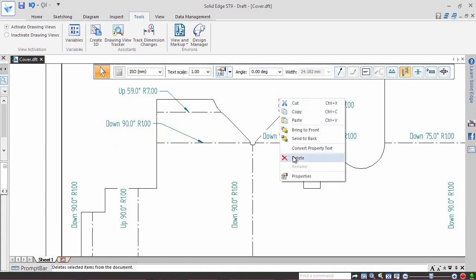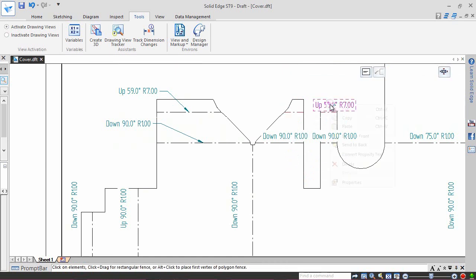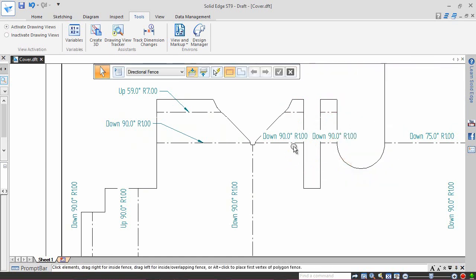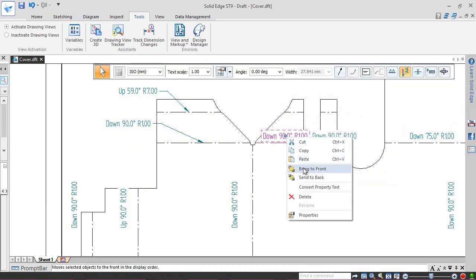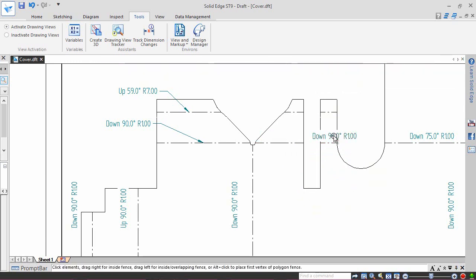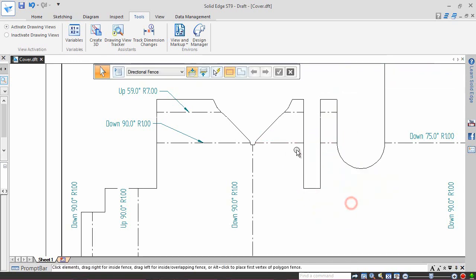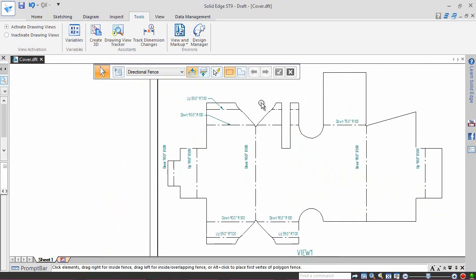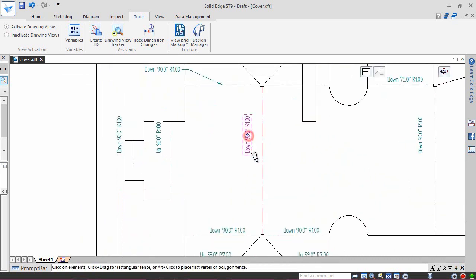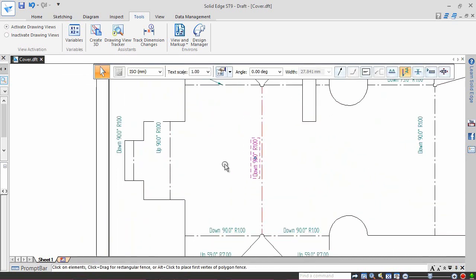Delete some similar dimensions. Arrange other dimensions in the following way.